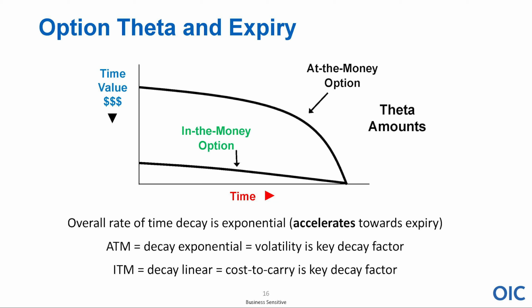All things being considered, I'm assuming the stock hasn't moved and interest rates haven't, I'm making a lot of assumptions, right? And it's not a very volatile stock. It stays right there, okay? But as we get closer to expiration, the decay happens much more quickly. So the top line you see, where it says at the money, that's the at the money option.